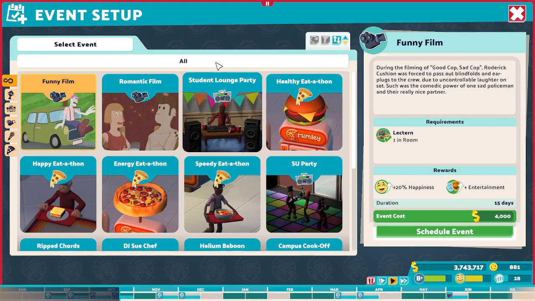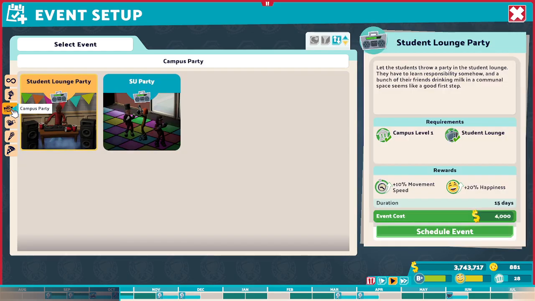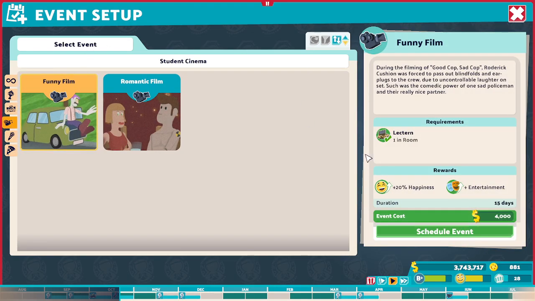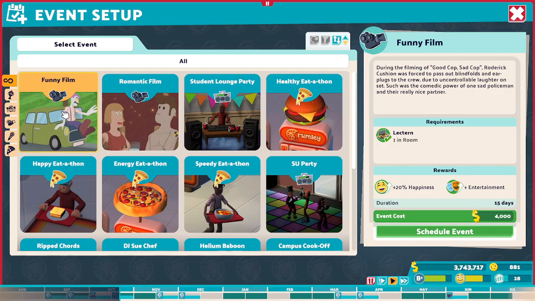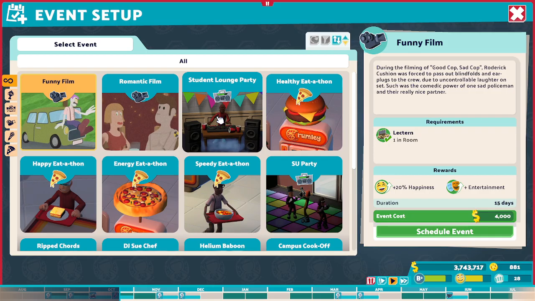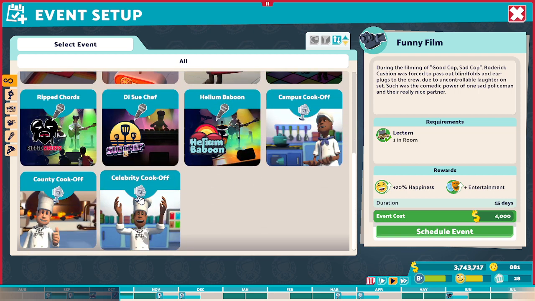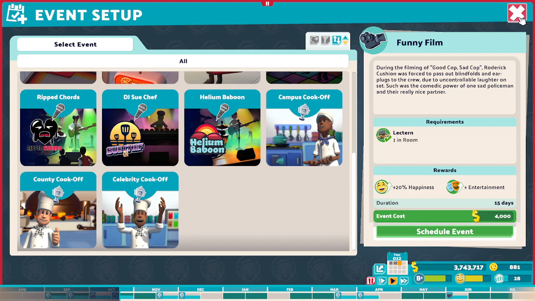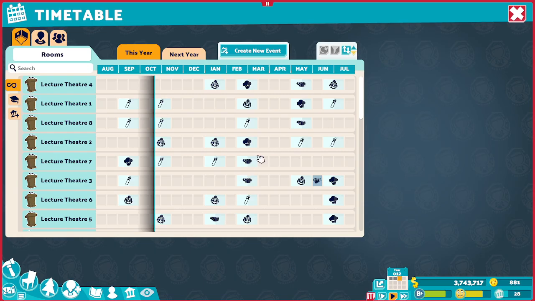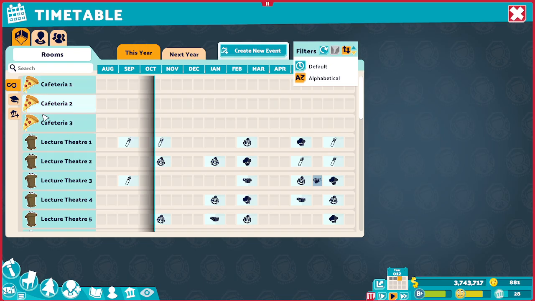So these are all the events. You can sort them by competition, entertainment, etc. What I do is I do funny film, and then I skip over the next film. I do the party, and then I do one food, and then I do one of the karaoke, and then I do one competition, so that they're not doing 5 parties all at the same time. And sorting, you click over here and you would hit something like alphabetical, and it's going to sort cafeteria, lecture,